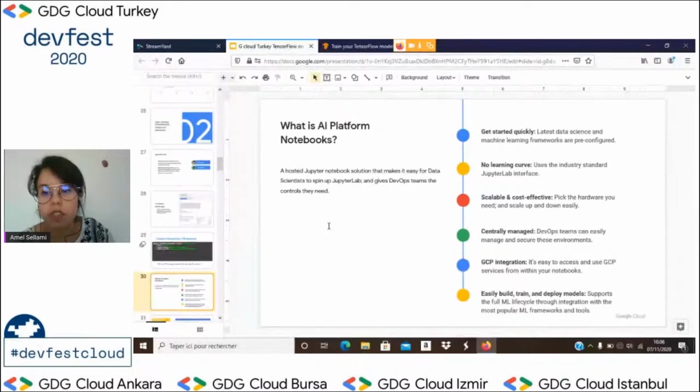For example, you don't need a learning curve. It's like using the standard JupyterLab interface that we use. It's scalable and cost-effective. It's centrally managed, and you have the Google Cloud Platform integration. And it's easy to build, train, and deploy models.